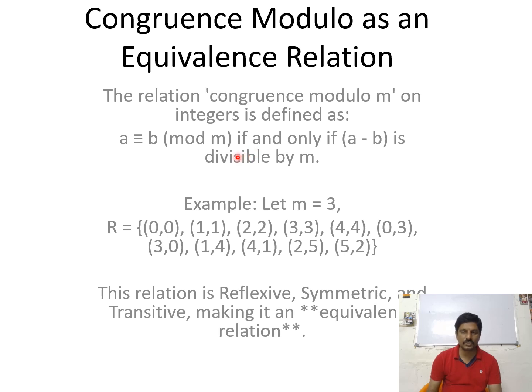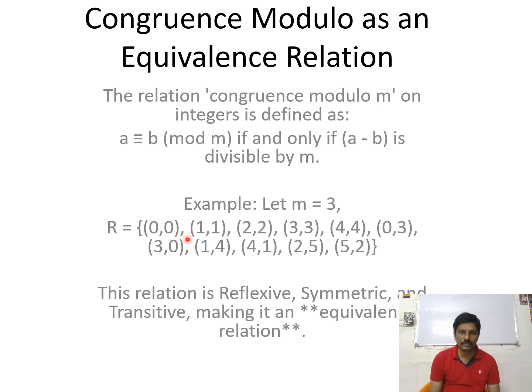A is congruent modulo M if and only if, so what is the meaning of this? A is equivalent to B mod M means that if and only if A minus B is divisible by M. If A minus B is divisible by M, we say that A is congruent modulo M. So for example, if I take M equals 3 here,